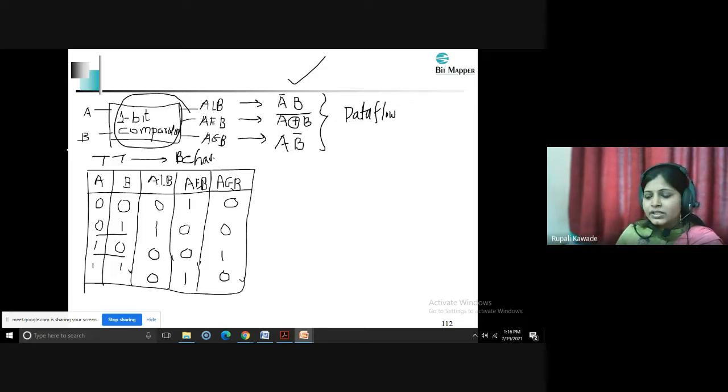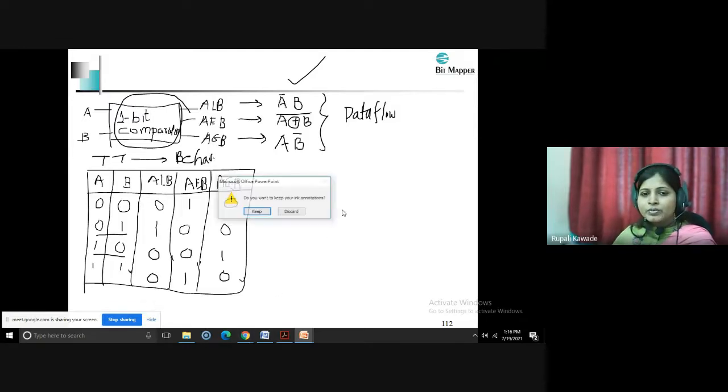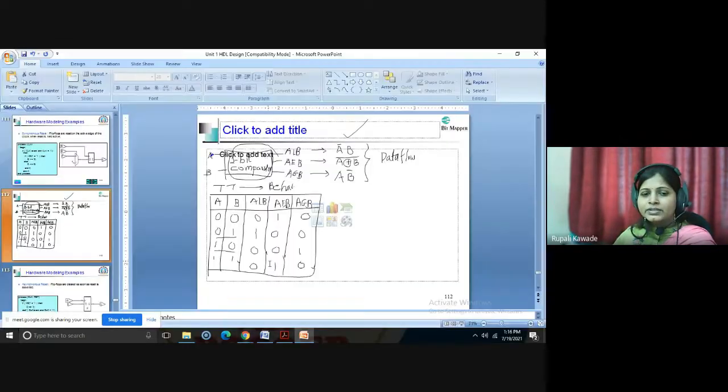So in the next lecture, I will show you 2-3 examples in Xilinx, how to write code. Also during the practical sessions, I will show you how to write code for the ALU, which is our first experiment, and how to synthesize it and how to implement it using a PLD. Okay, so we will stop here, we'll take attendance.